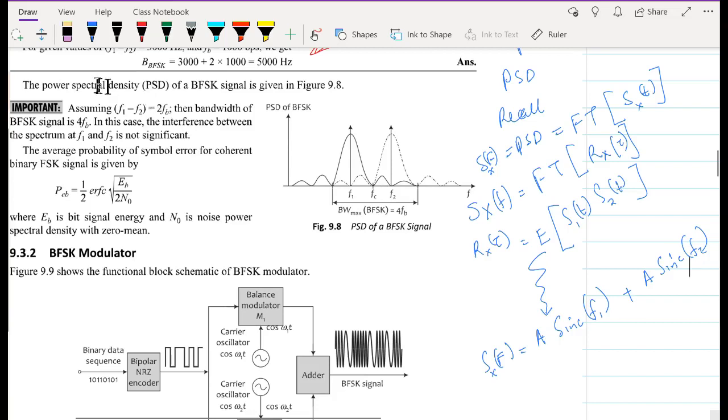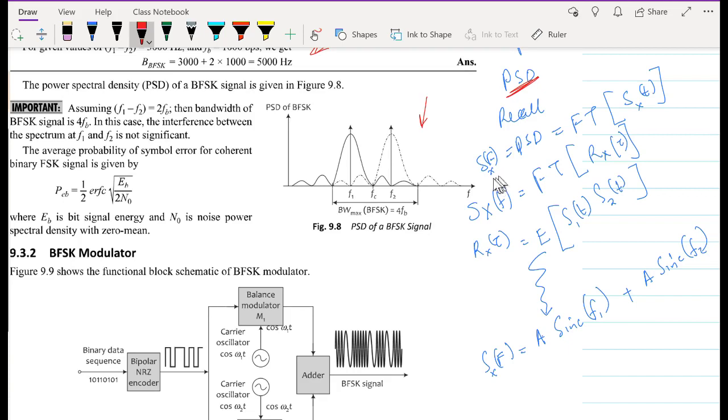And now we want to find the power spectral density of the BFSK signal. I have done a brief highlight of the steps required to find the power spectral density. First and foremost, we are told that this is the power spectral density. The note does not show us how we arrive at this, but what we can simply do is that we